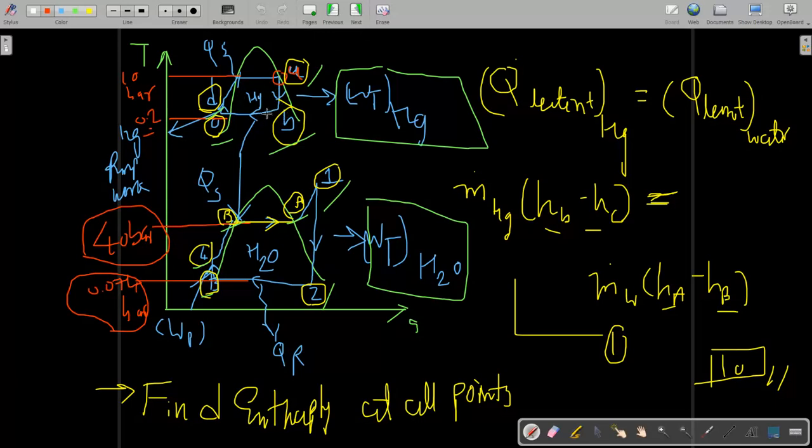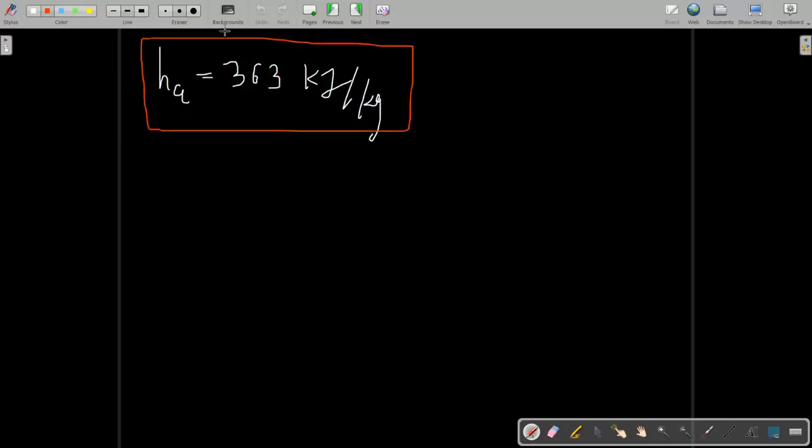and it is in the liquid plus vapor region. So how much is the dryness fraction? First we have to find that. For the dryness fraction, since it is an isentropic process, the entropy at point A and point B is the same. So from the mercury table,